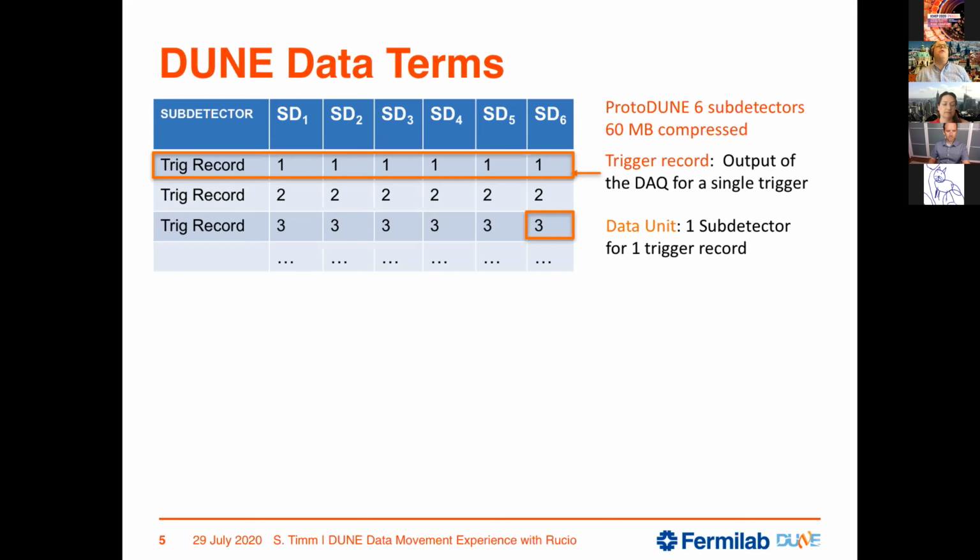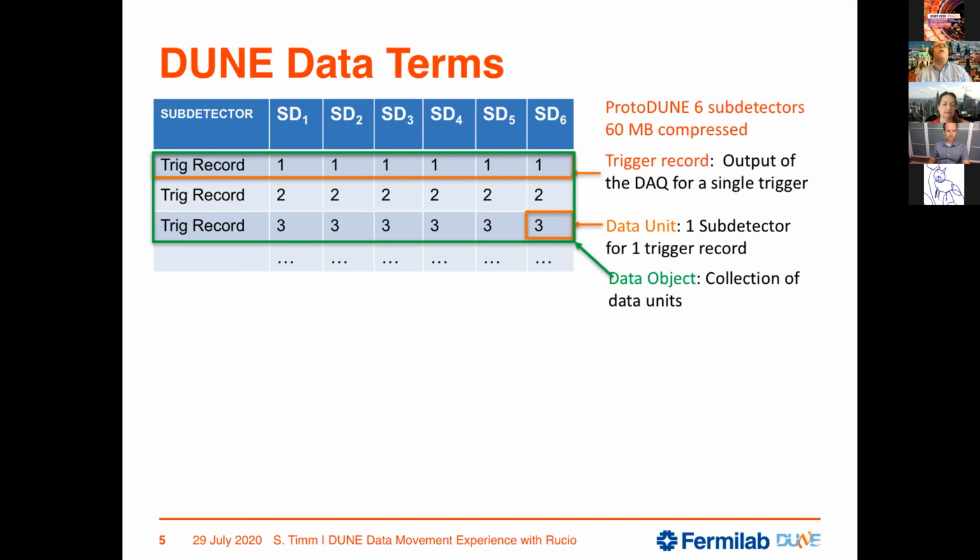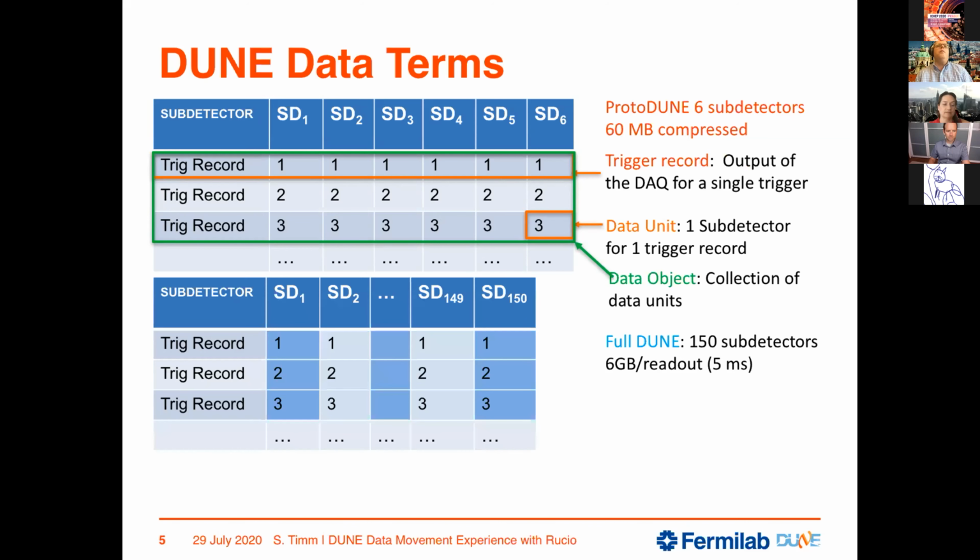The smallest atomic unit of data is a data unit. So that's one subdetector for one trigger record. And this whole thing would be called a data object, which is a collection of data units. And I purposely don't call it a file because it may not be stored in a file. By the time we get there, it could be some cloud objects data store, it could be some memory-based store, it could be any number of things. We're still investigating that. Full DUNE, by contrast, has in just one module of the 4, 150 subdetectors,